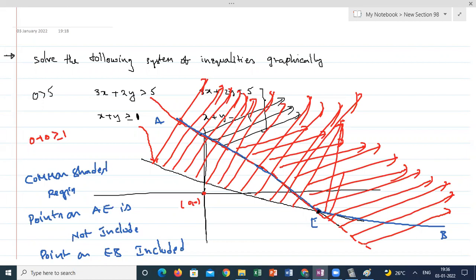So now if three equations of two variables are given, a system of linear inequalities of two variables with three equations, how to do it? Generally, when they are asking with three equations, it will be like a closed surface. Let's see one example, from that we can discuss it.